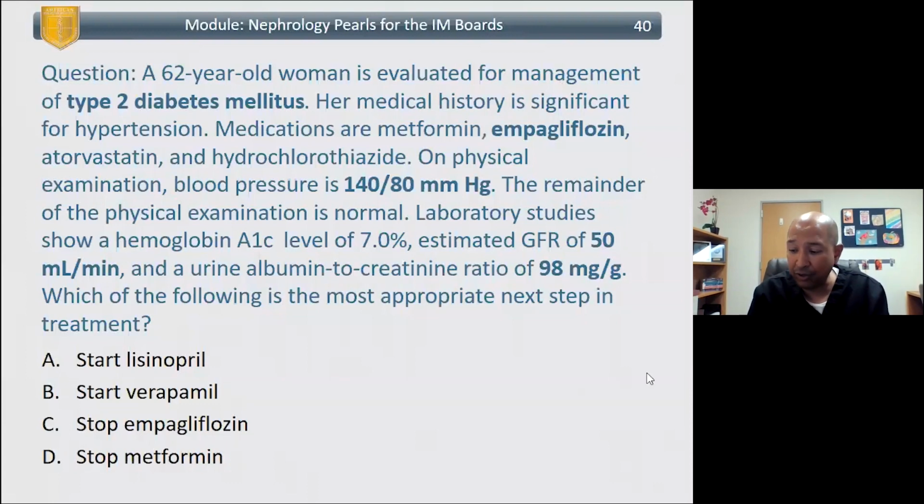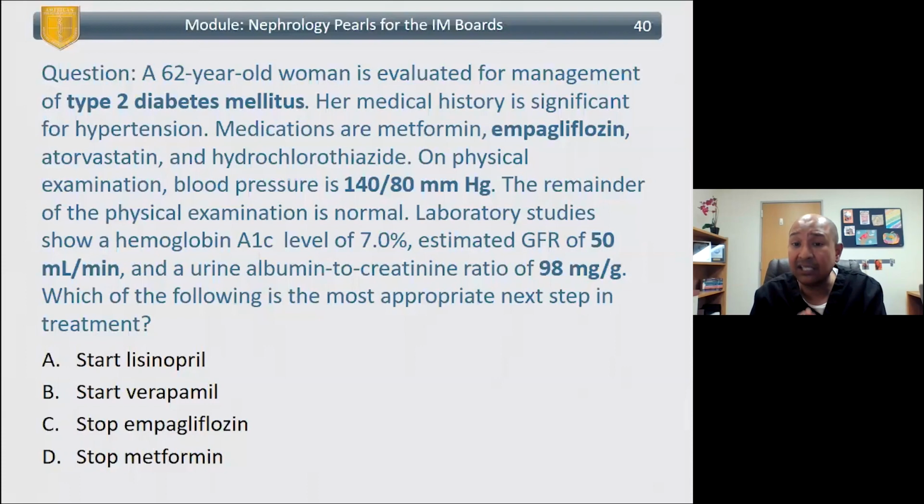A 62-year-old woman is evaluated for management of type 2 diabetes. Her medical history is significant for hypertension. Her meds are metformin. She's on an SGLT2 inhibitor. She's on atorvastatin, hydrochlorothiazide. On physical exam, her blood pressure is 140/80. The remainder of the physical exam is normal. Labs have a hemoglobin A1C of 7, an estimated GFR of 50, and a urine albumin to creatinine ratio of